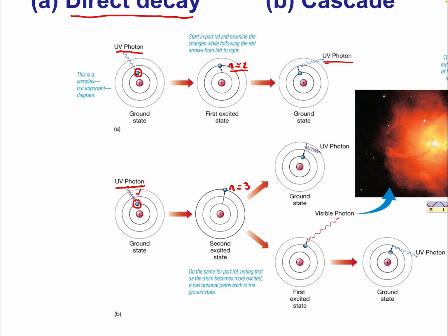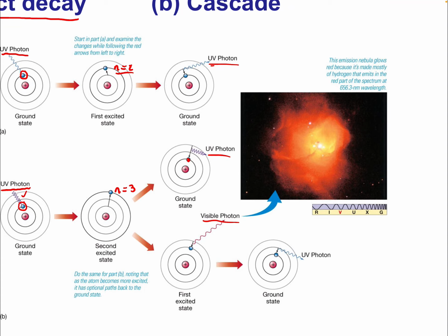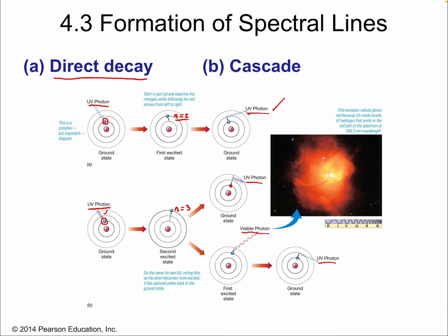It could decay all the way back down, so decaying or relaxing, which are 2 synonyms for the same process in terms of the electron, all the way back down in the ground state, or it can take those incremental steps, taking a smaller step, which releases a lower energy visible photon, and then finally releasing a UV photon identical to the one in the first example. Got it? Cool. Okay, so that's an example of direct decay and cascading decay for an excited electron around the